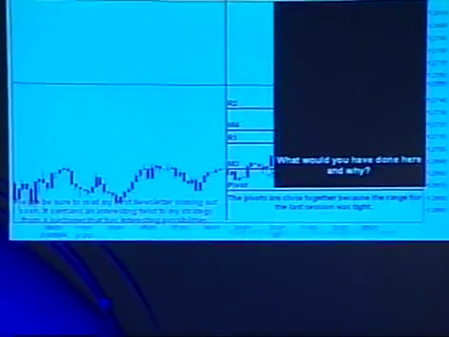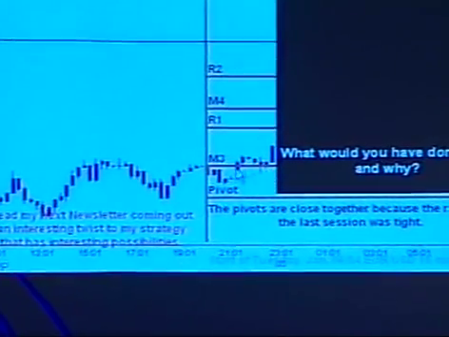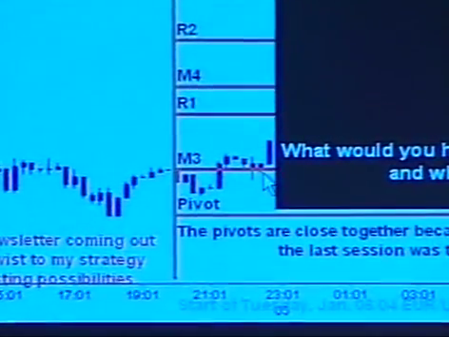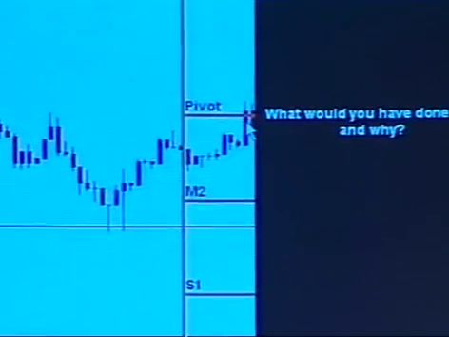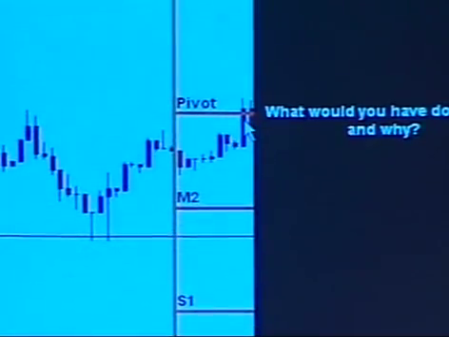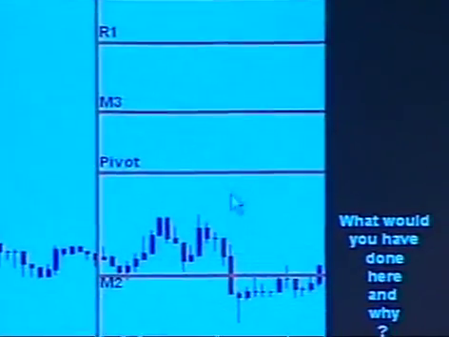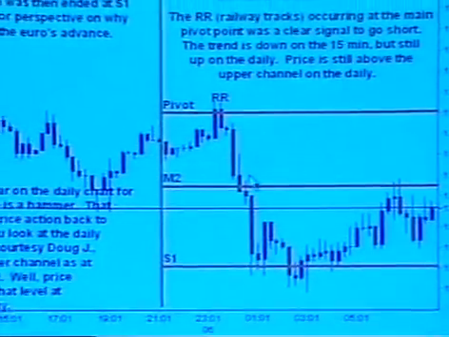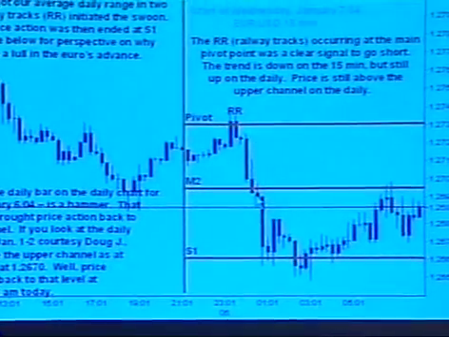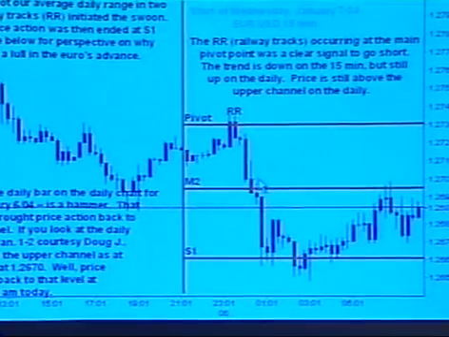Price is punched through this pivot point here heading north, and my reading is that it's going up. Railway tracks, okay. Going down, bingo. When you see price punching through R2 and S1, say in a 60-minute chart, can you go and check the daily chart and see where the pivot points are? You can do that, but on this chart here,